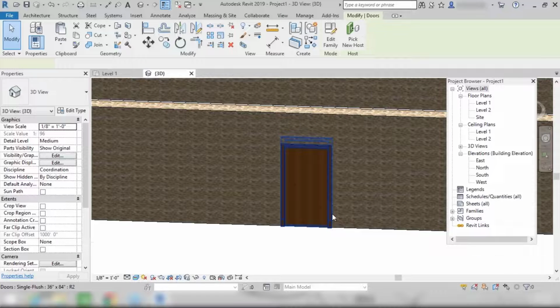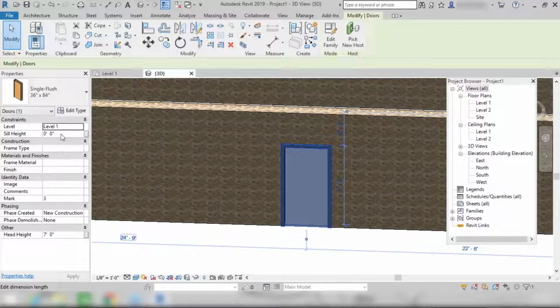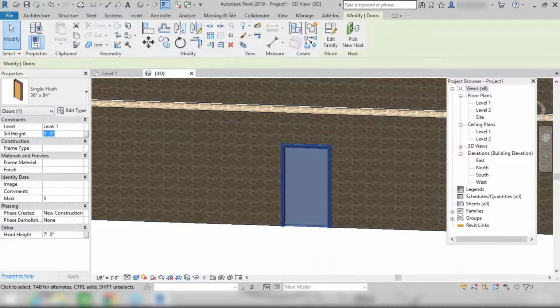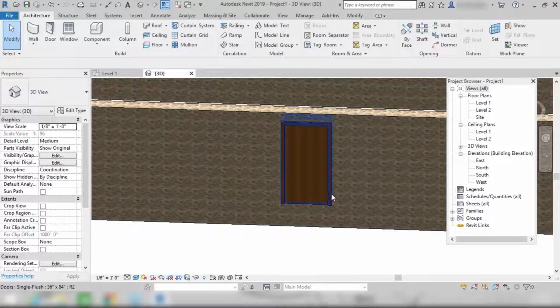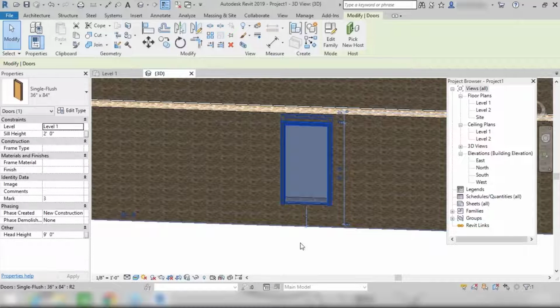If I click on this door, here you can see its sill height, by default it is 0. If I provide here, let's say 2 feet, this door will move 2 feet above the ground. You can see it here, right? And automatically your head height will change to 9 feet. Let's say I'm changing it to 1 feet.